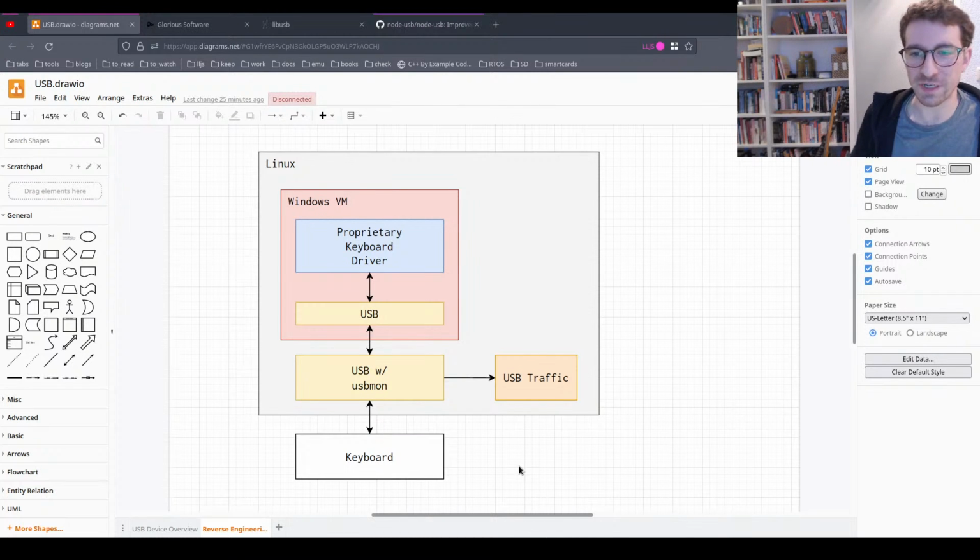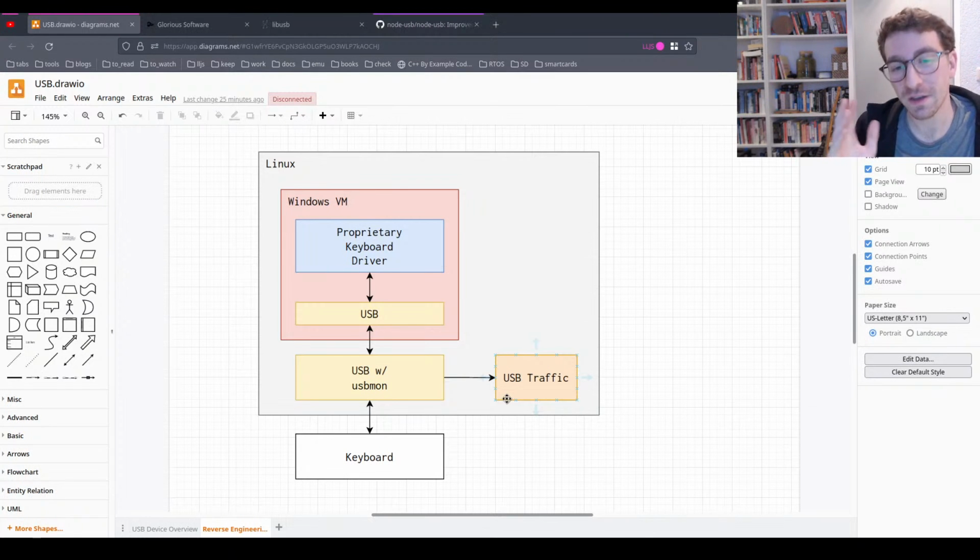Although for various reasons it's not great, it's possible. And so that's how we're going to get our USB traffic, and we're going to dump a bunch of information into there, review it, try and work out what it all means, and then maybe even just play those packets back in. Knowing what the functionality is, we can maybe just play those packets back into the system from a Linux driver, and that should work. So yeah, that is the plan. That's what we're going to do. So let's